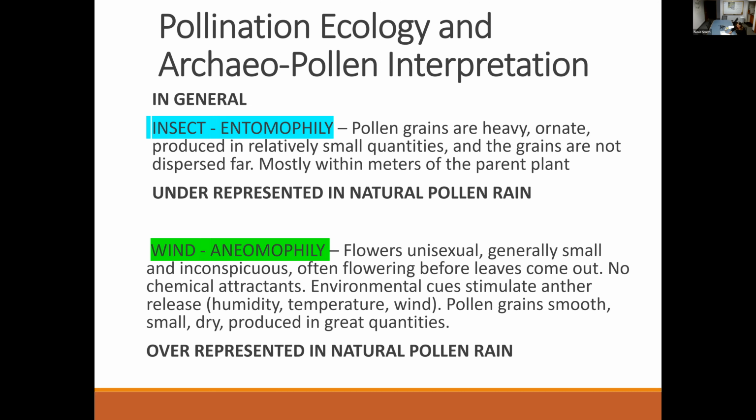So again, the wind pollinated types, they're just producing tons of pollen. One pine tree can produce greater than 1 billion pollen grains, and it floats in the air across vast distances. So in interpreting this type, these two syndromes, filtering the pollen types we see on the assemblages through this pollination ecology lens,